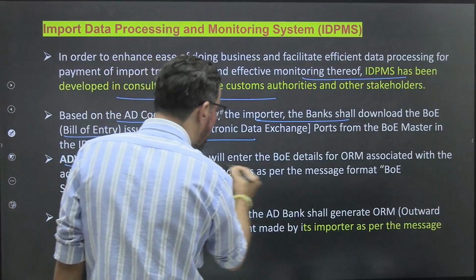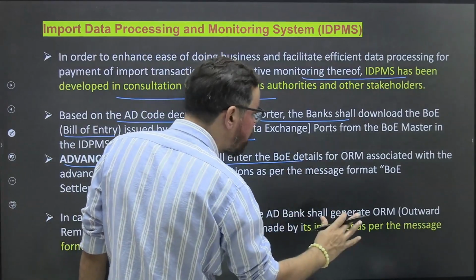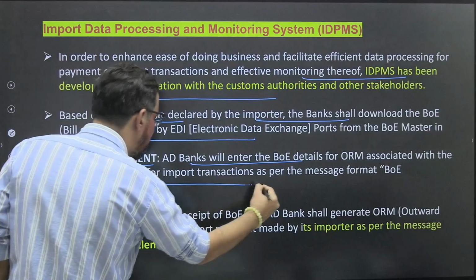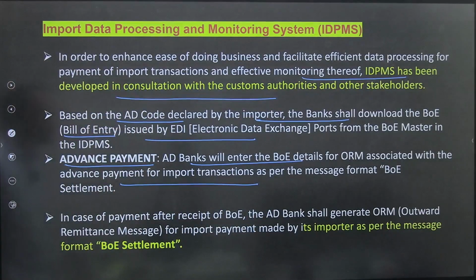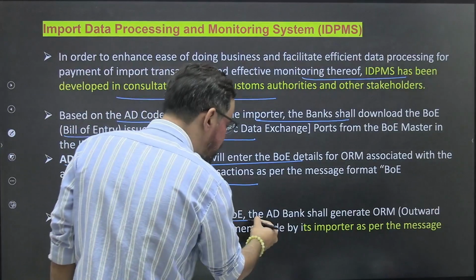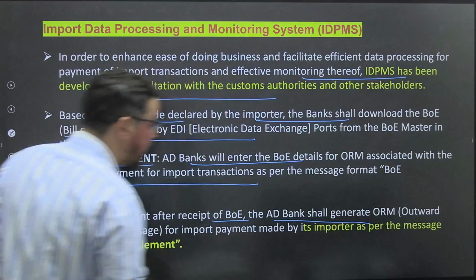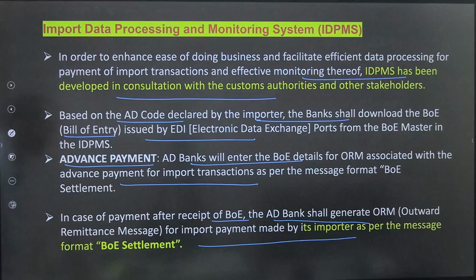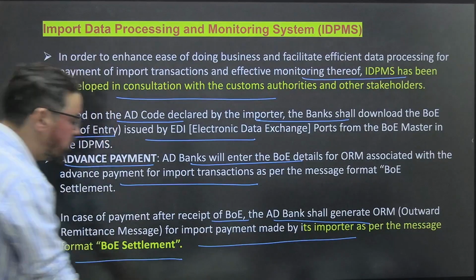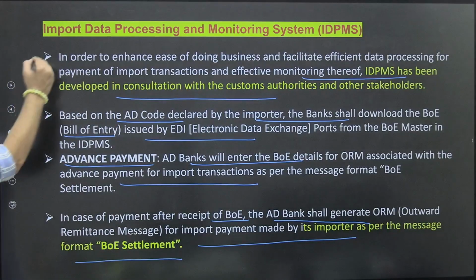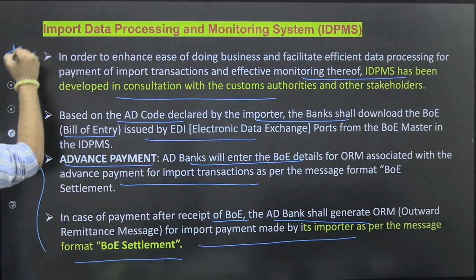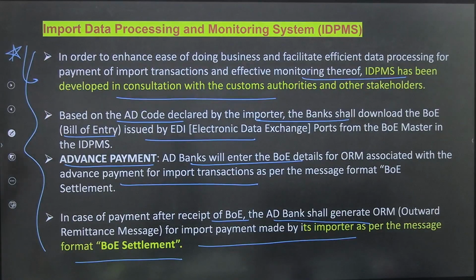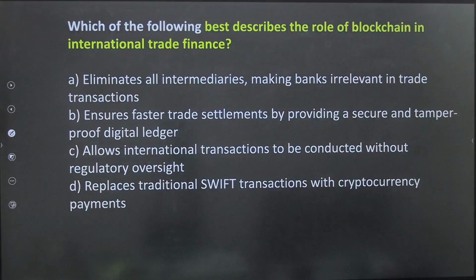So authorized dealer will enter the BOE detail for ORM associated with the advance payment for import transaction as per the message format of BOE statement. In case of payment after receipt of BOE, authorized dealer banks shall generate OMR outward remittance message for import payments made by importer as per the message format of BOE settlements, ठीक है। तो ये चारों स्टेटमेंट दीज आर वेरी वेरी इंपॉर्टेंट गाइस, ये बहुत बार पूछे गए एग्जामिनेशंस के अंदर, ठीक है। सो दे मस्ट बी पार्ट ऑफ योर रिविजन, ठीक है। तो रिवीजन के टाइम पे आप इनको थोड़ा सा ध्यान रखेंगे, ठीक है।